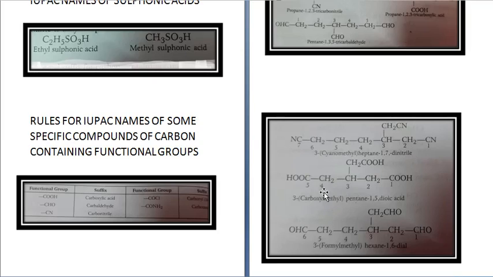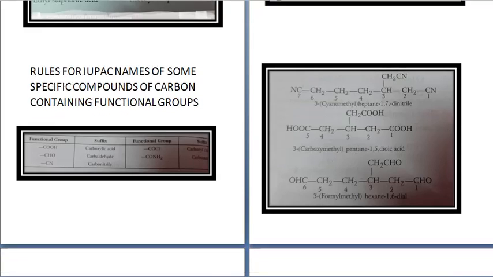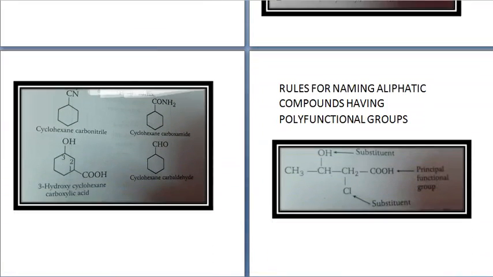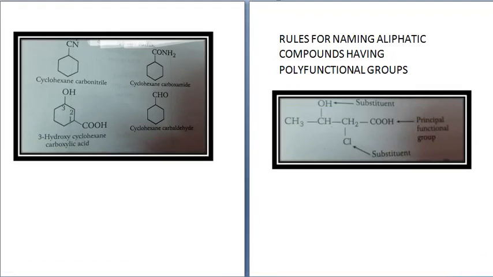So there are no IUPAC names for isocyanides. When we proceed further, I hope you are able to understand. When you practice, then you will become familiar. Try to practice writing IUPAC names of compounds. Now next is IUPAC name of sulfonic acids. The common IUPAC name is alkyl sulfonic acid, like C2H5SO3H. The SO3H group is attached to C2H5, so it becomes ethyl sulfonic acid. CH3SO3H, methyl sulfonic acid. Okay.